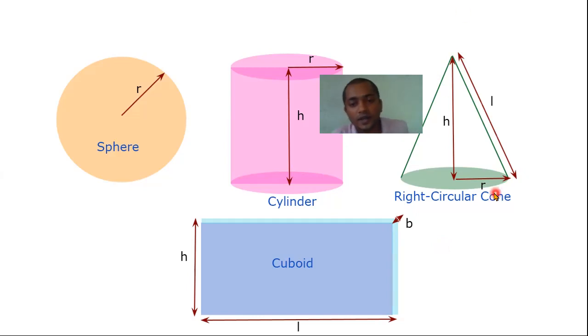So in case of cuboid, there is no curved surface, so that's why there is no CSA. We have to deal with only TSA, meaning total surface area. So it is very easy to understand. A cuboid is formed by adding a total of 6 surfaces. Suppose this is a surface, the area of this surface will be breadth into length. Like that, there are two surfaces where we have to deal with length and breadth. Like that, there are two surfaces where we have to deal with breadth and height, which are vertical.